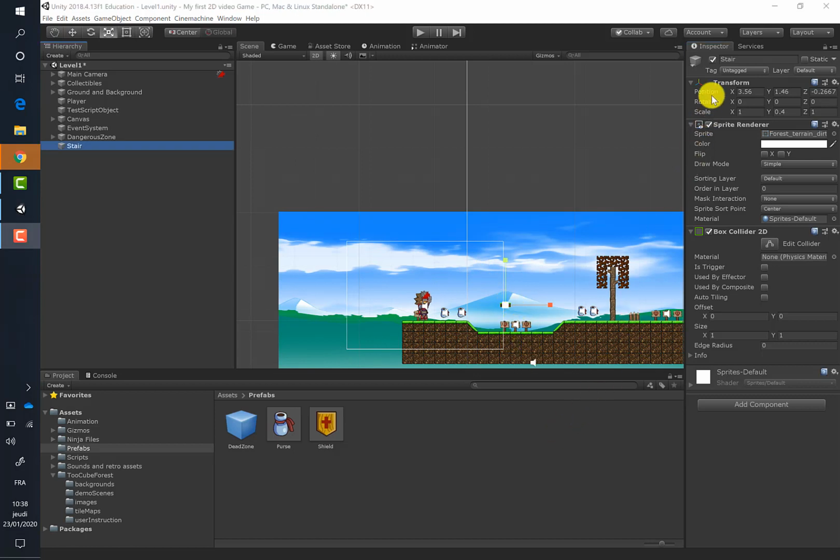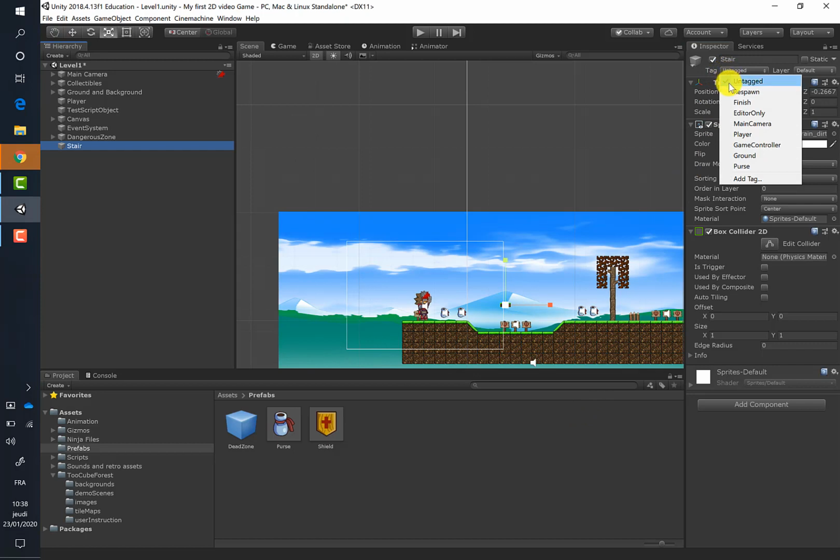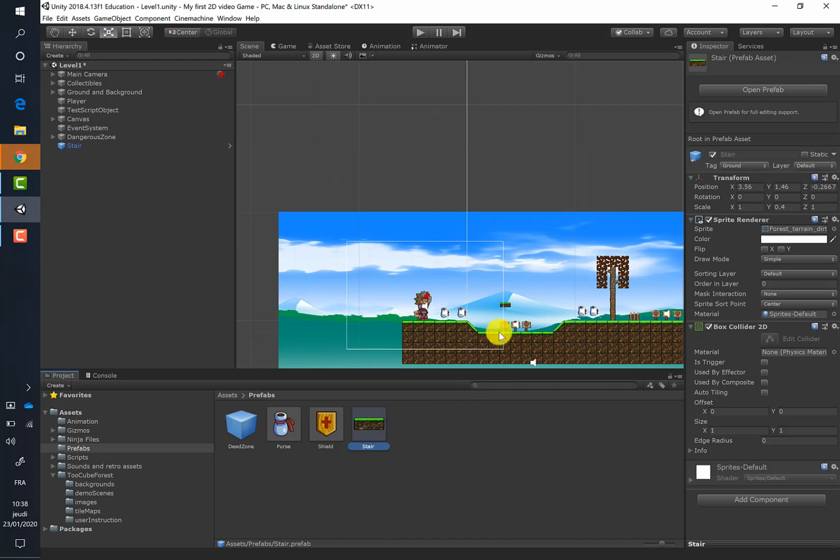So guys, let's tag it as the ground. In that manner, when the player stands above, we will have only the idle animation. So guys, let's now make this stair a prefab. I will select it and put it here, and let's duplicate some here just above all those skulls fence and